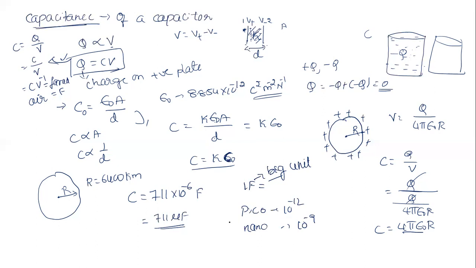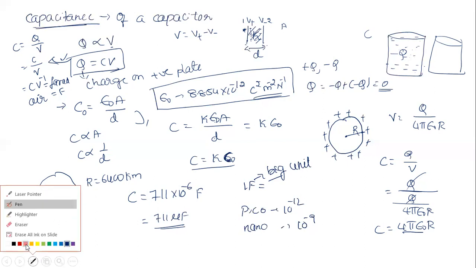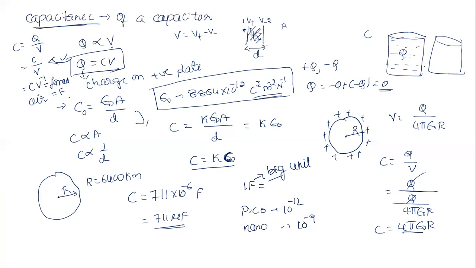Okay, so now here one more question I saw. The permittivity we know, the unit is coulomb square per meter square per Newton. We have taken it from Coulomb's law, or from the electric field equation. There is one more unit. How can you obtain that unit, sir? Let us see from this equation.